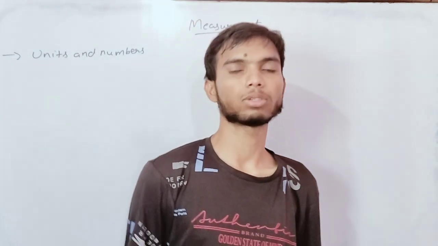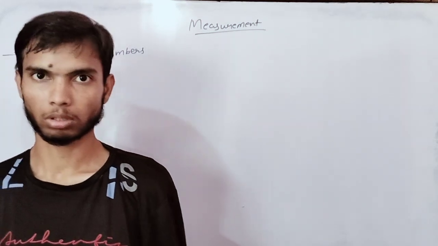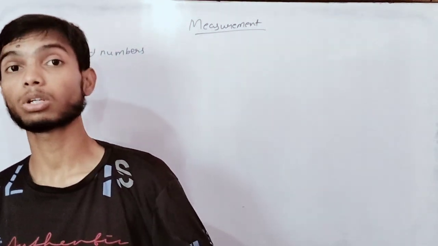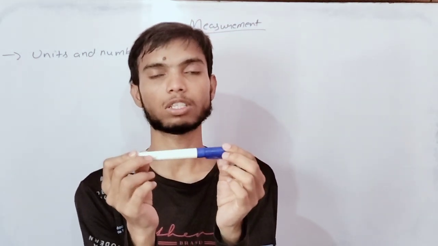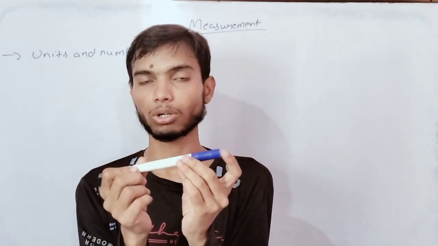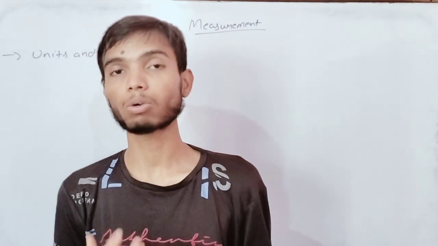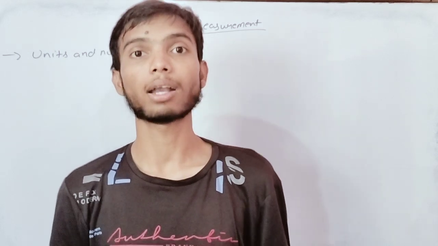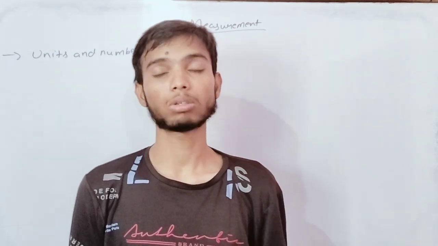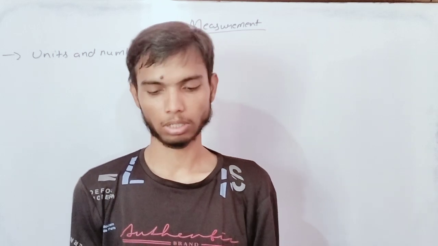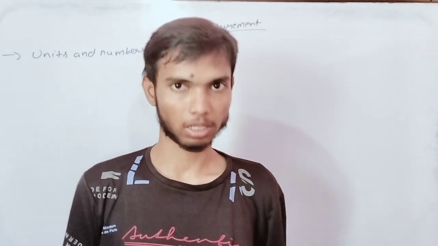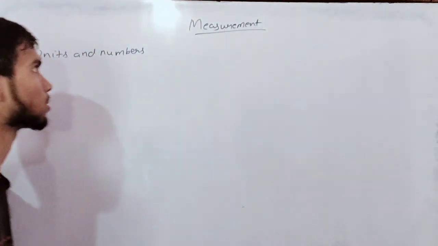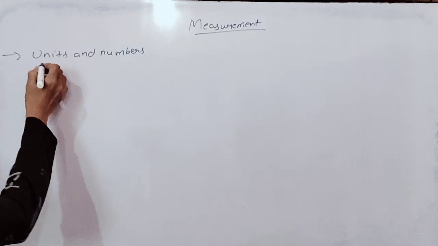Here we measure something. We want to know what is the measure of this, what is the length of this marker. So with the quantity, we want to know a noun, and that thing will be a measurement. What is the length of this marker is a measurement. This process will be known as measurement. Always remember,